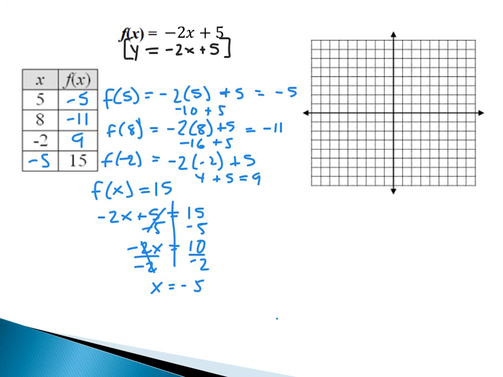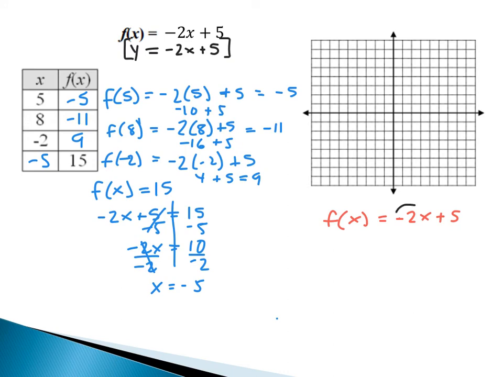So being able to fill out a table, the next thing I want you to be able to do is graph this function. Graphing this function, you can do it multiple ways. You could take your table and plot your table. I also want to show you this: if you have the function f of x equals negative 2x plus 5, this is just any